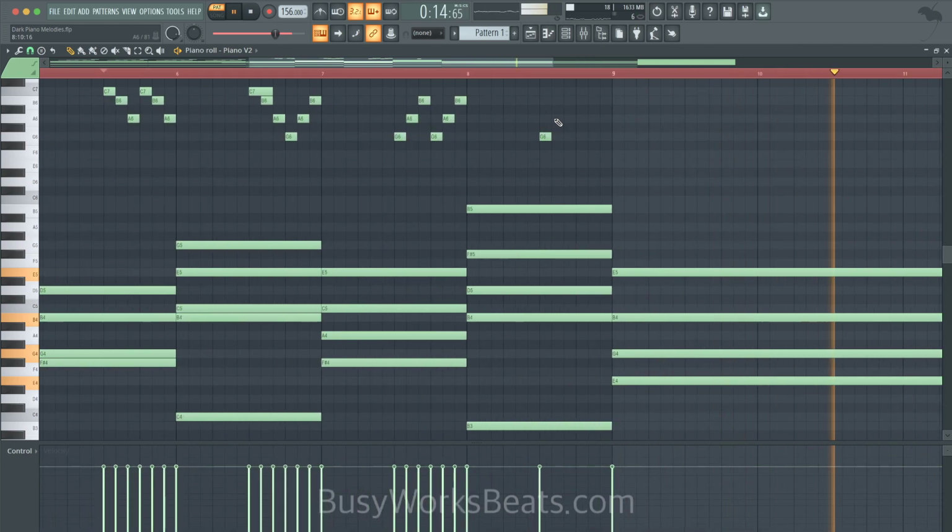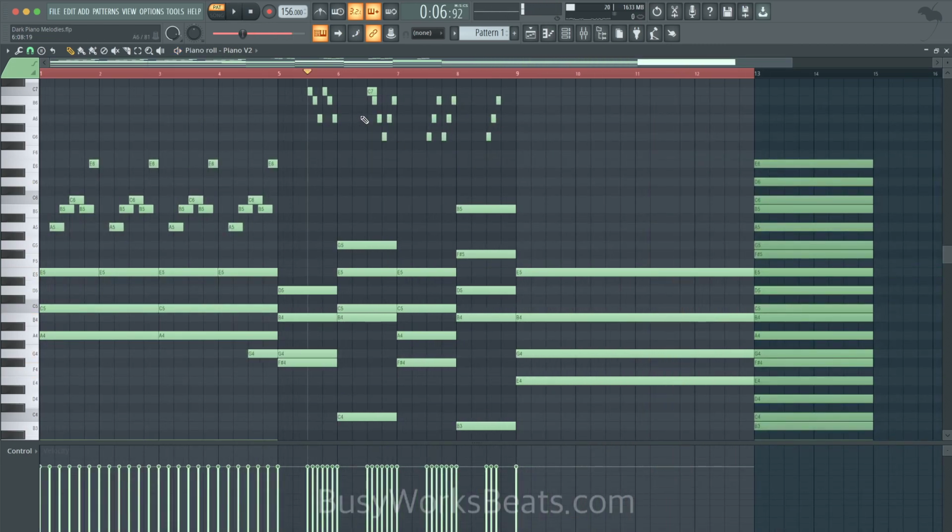Okay, so these tickle notes, optional, not mandatory. But it's a way to kind of keep the movement going, because in the beginning we have this pattern.